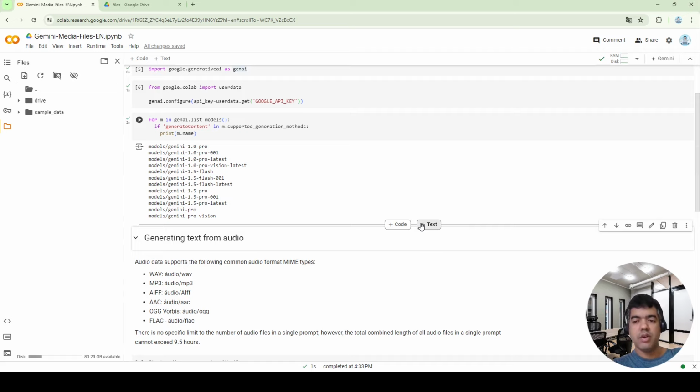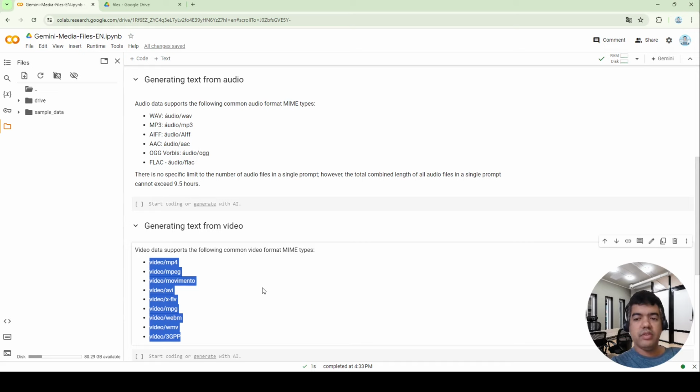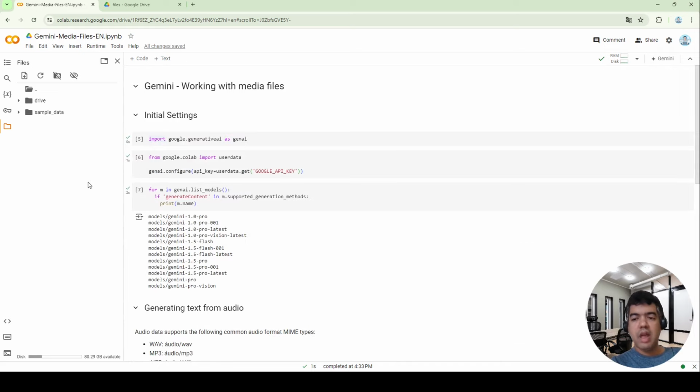Please remember to use one of these file types for audios, and this file type is for videos that we will see next soon. Once Google Drive is mounted, you will see the Drive folder. I have placed my resources in the files folder, an audio file and the video file.